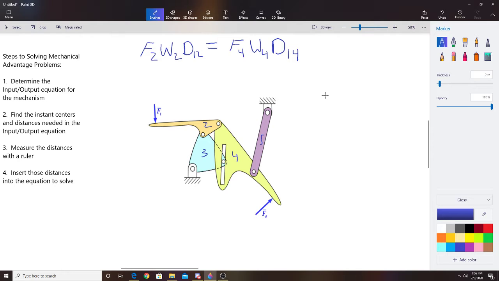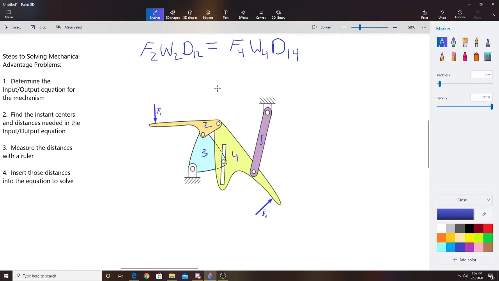I'm sure everybody remembers this, hopefully. So right here is our equation